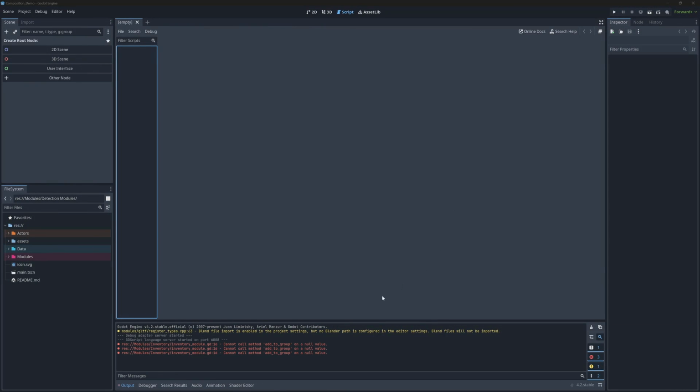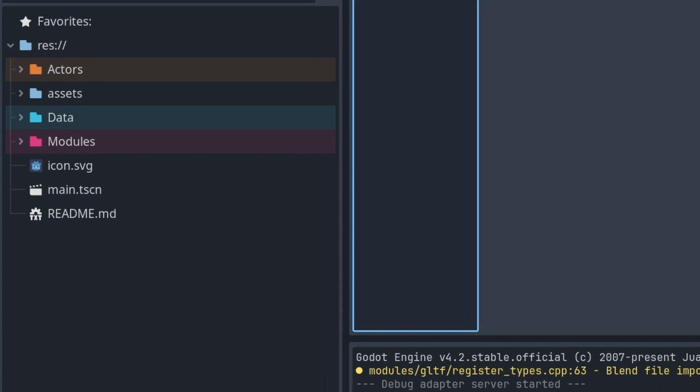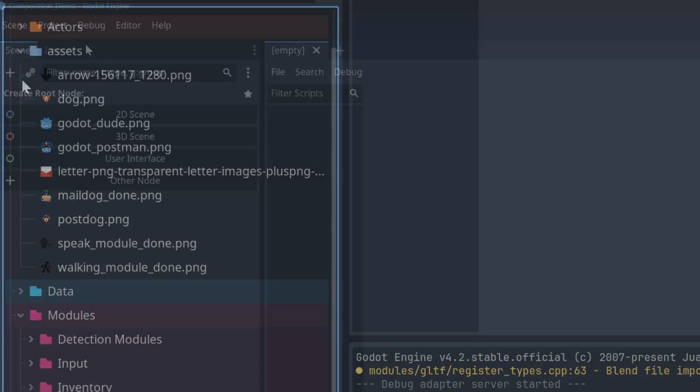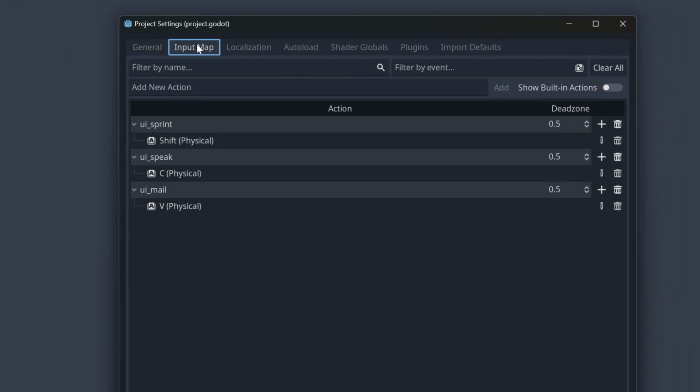First and foremost, let's talk setup. As you can see, I have several folders set up to organize my work, including the very important modules. These are our components that we'll be building out our scenes with. I've also added some assets, as well as a couple keybinds for user inputs, but we'll get into those just